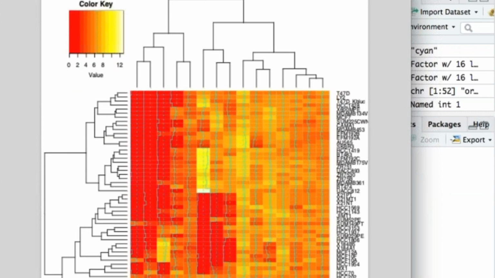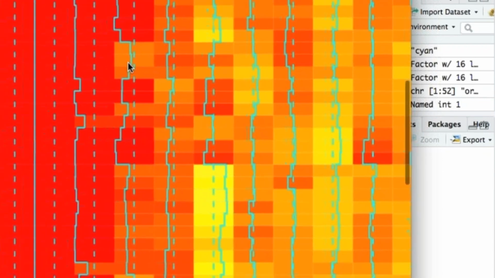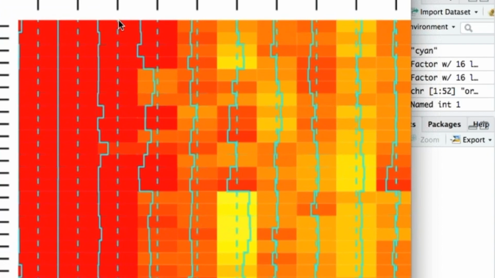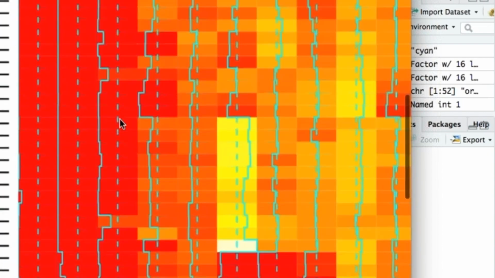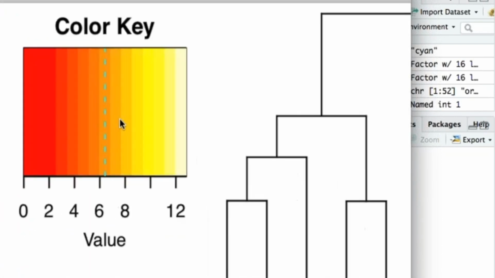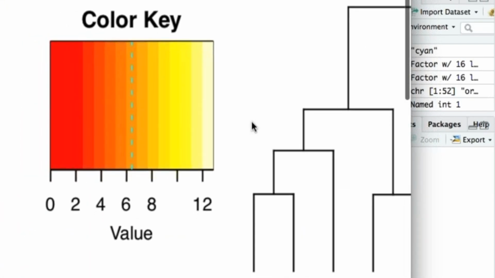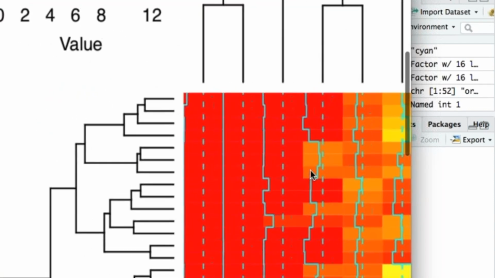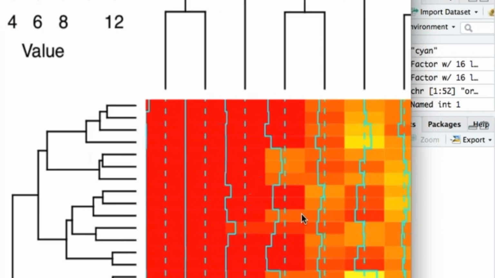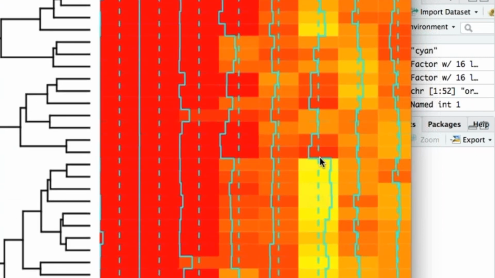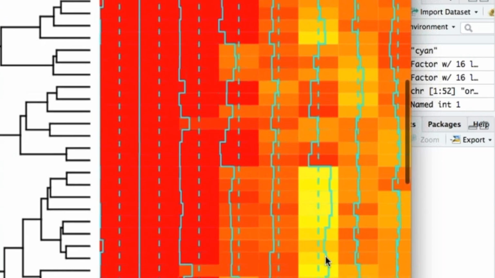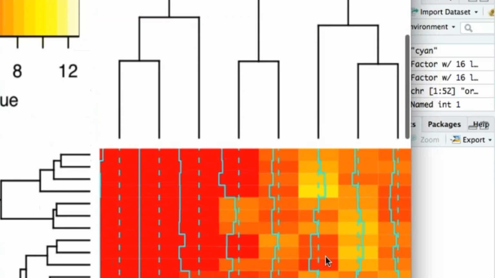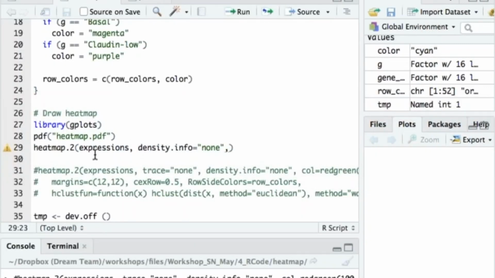Now about these strange lines here, strange traces. What is that? At each column, we have some dashed line, which indicates the mean expression level. Here it is, just orange color. And if our value is lower than the mean level, then a solid line is drawn at the left of this dashed line. And if it is yellow, it is drawn at the right. So I don't know why it should be used and why it is the default option in the heatmap2